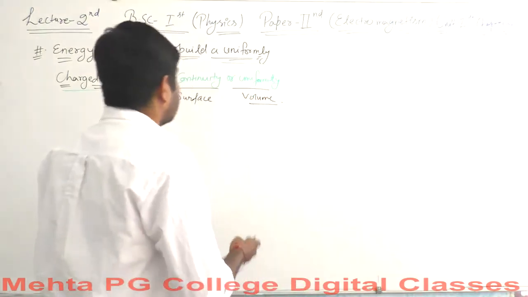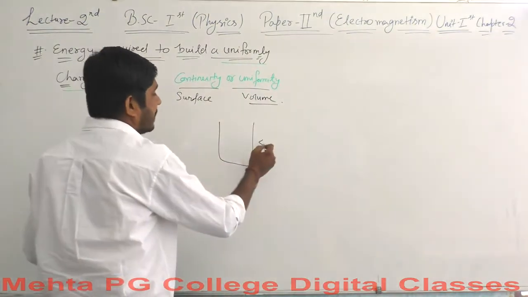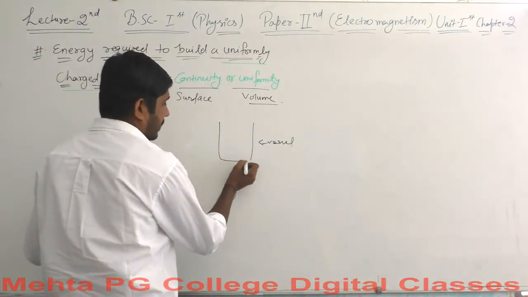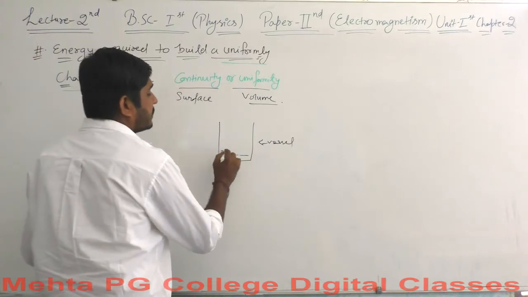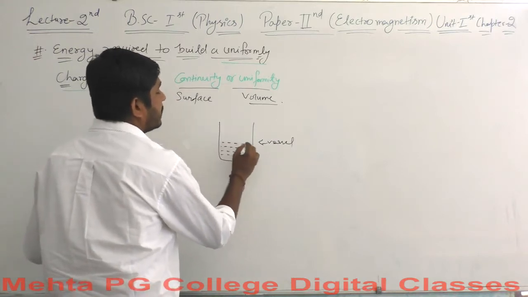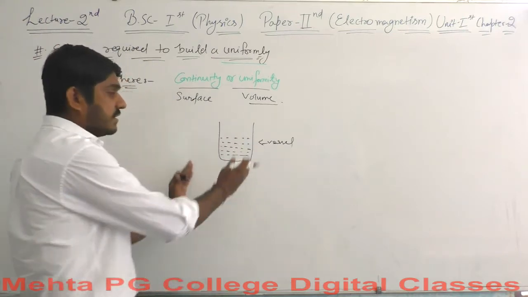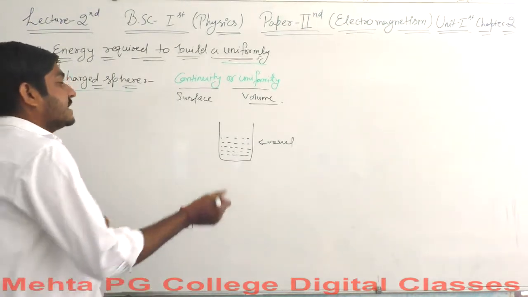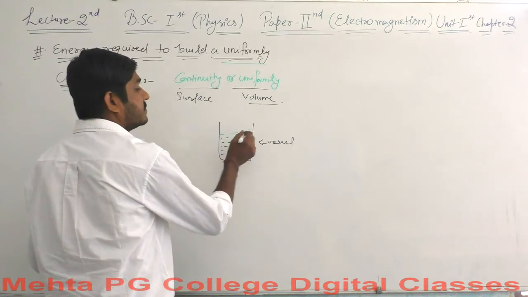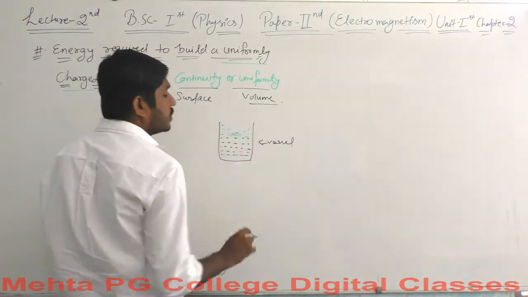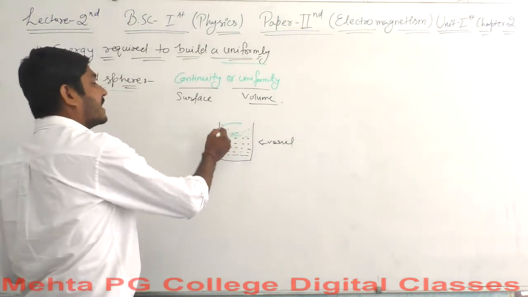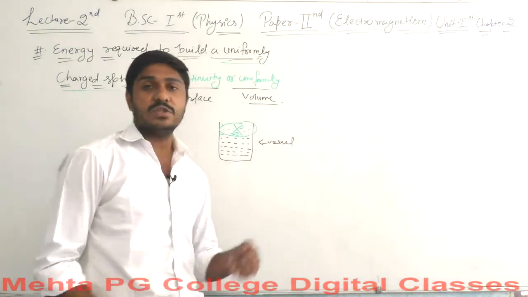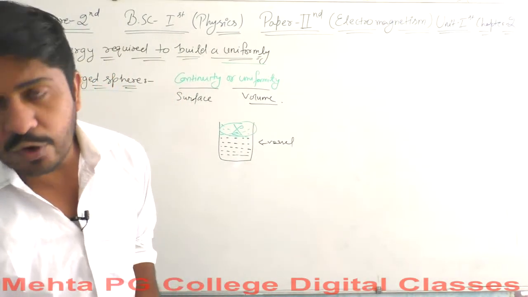This is the example here. Let's say this is a vessel. When we fill water, the water is filled uniformly within the volume. There is no case where the water is filled in this manner or maybe in that manner. Note that the green marks here are not being followed, but only the black dots here showing you the uniformity. So this is the meaning of continuity and uniformity here.